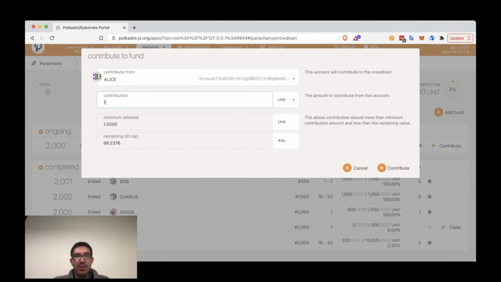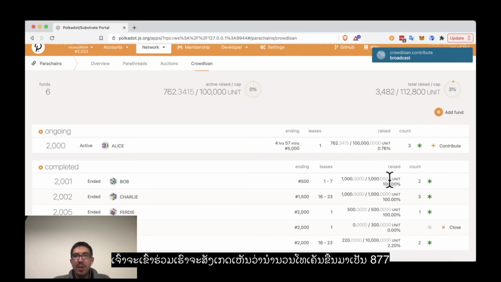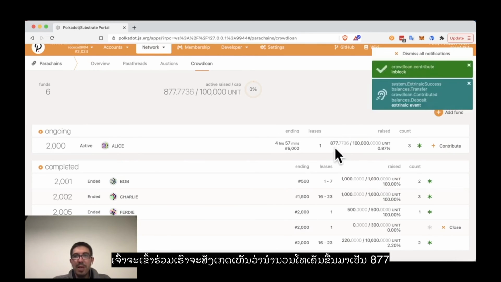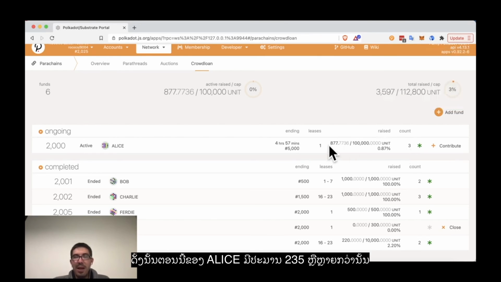So Alice is going to do 115.4321 units this time. She will contribute. We will notice that the number goes up here to 877. However, the count has not increased since it's the same account contributing again. So now Alice's 235 or so DOT are now locked until either the lease period ends or the crowd loan is closed and